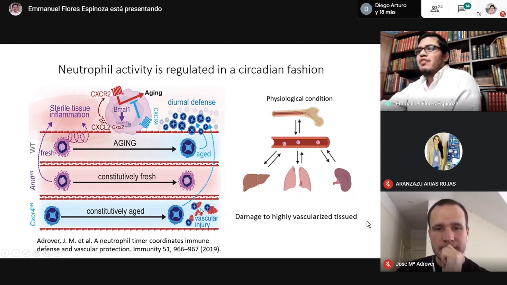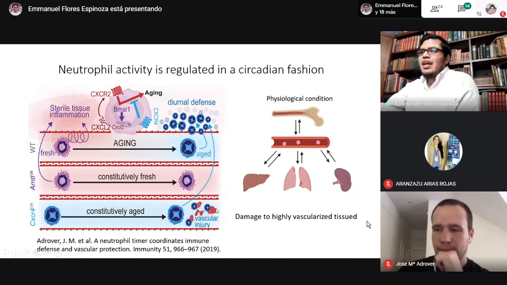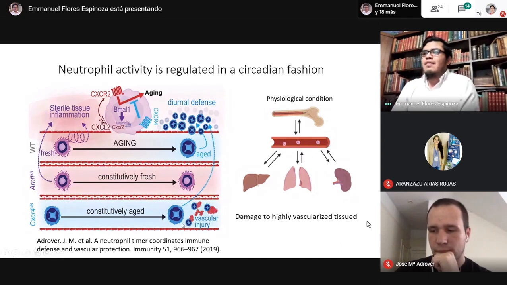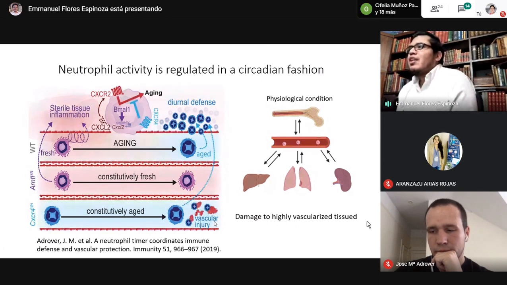accumulation of this type of neutrophil in the microvasculature, and this accumulation can induce damage in this tissue, because the neutrophils that are there could induce degranulation, NET formation and all these effector responses of neutrophils present every day in the microvasculature. The accumulation of this type of response could induce considerable injury in this tissue. But on the other side, we know that the